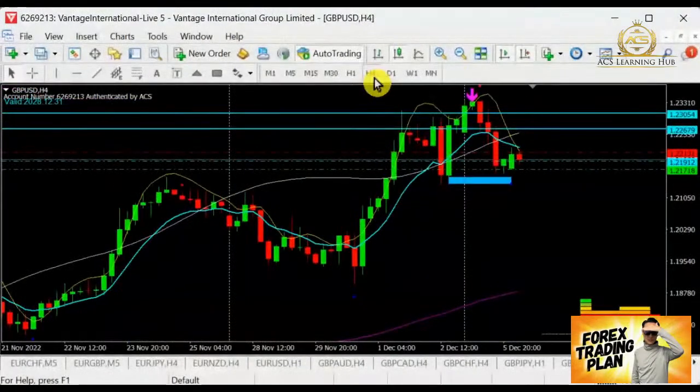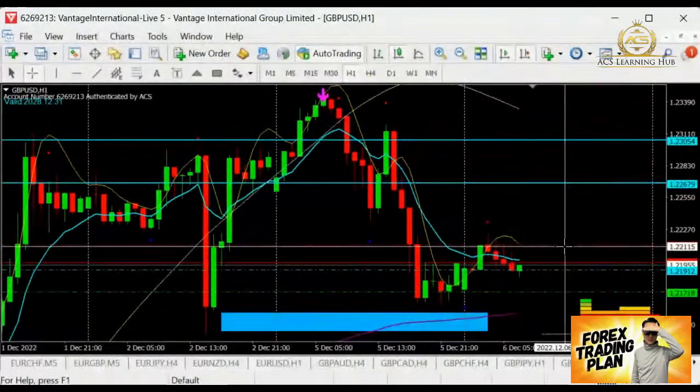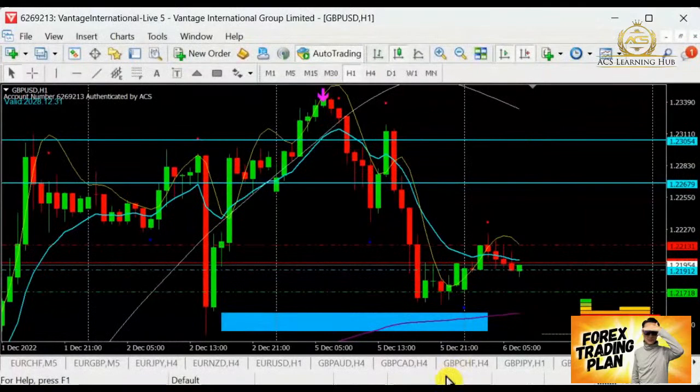As for pound dollar over here, it looks like there's one resistance level also, very near. We can wait for this level, about 15 pips away. We can also wait for this level to come in, then later on we can start to sell down also. If the resistance is able to hold, then we can continue down. So pound dollar, we can take a look at this because it is still support. So I'm still very keen on pound dollar.